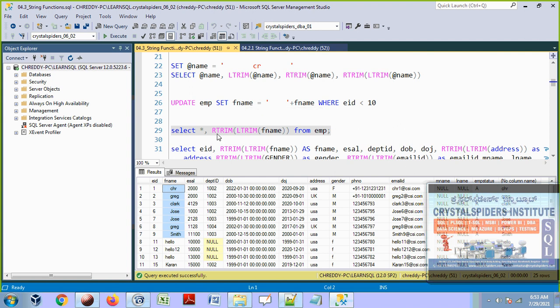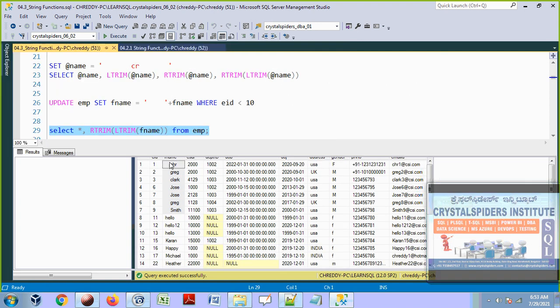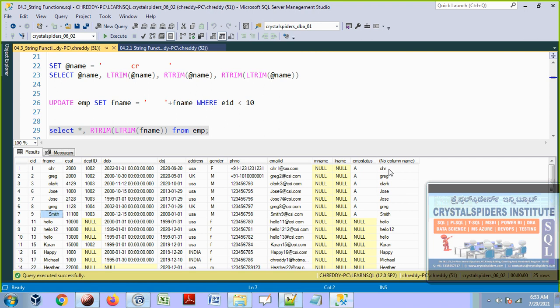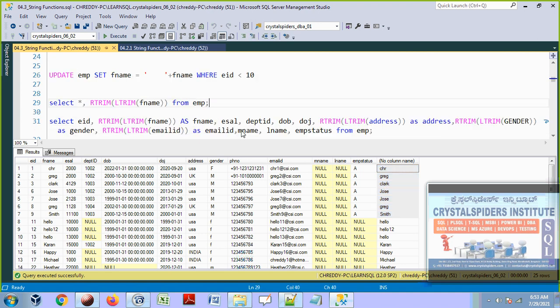Okay. See now here, when we are applying LTRIM and RTRIM, the spaces will be truncated. I mean the spaces will be there in the database, but while displaying this data, it is not going to show any spaces. That's the thing actually. When we are writing this select command to display the data, I don't want to show any spaces before and after the actual values. That's why we are using both LTRIM and RTRIM. If no spaces are there, then no issues at all. If any spaces are there, it will omit those spaces.